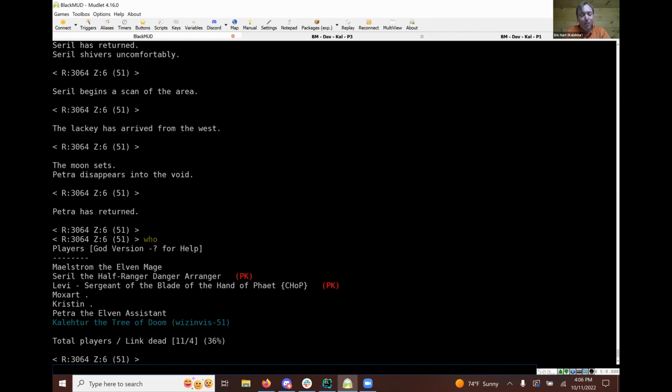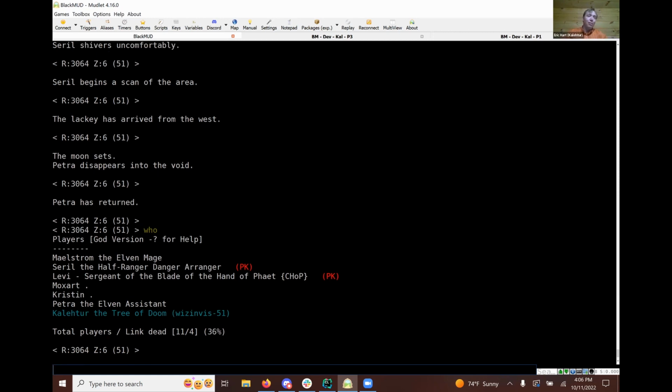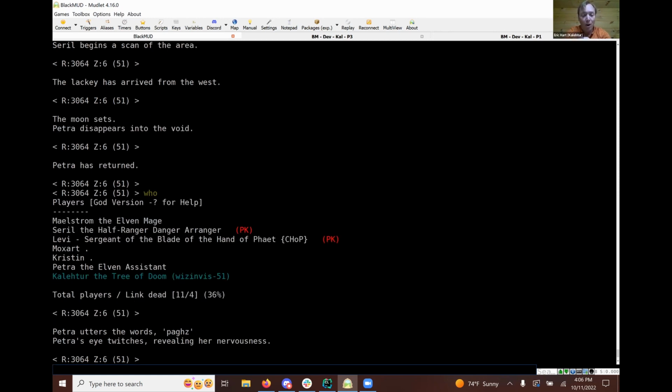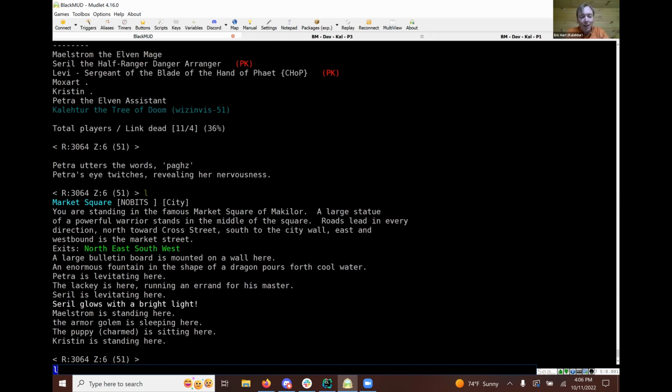So why not merge that technology with some other technologies like Cribl. So I'm going to be walking through some of my uses where I've been applying Cribl into the development work I've been doing on our MUD here, Black MUD. And there's a couple integrations that I've worked out where, say as a player, I can look inside the room I'm in. So here I'm at Market Square and I can see some players and stuff here, like Petra here is a person, a player, whereas the lackey here is an NPC or non-player character that's just kind of hanging out in the room.